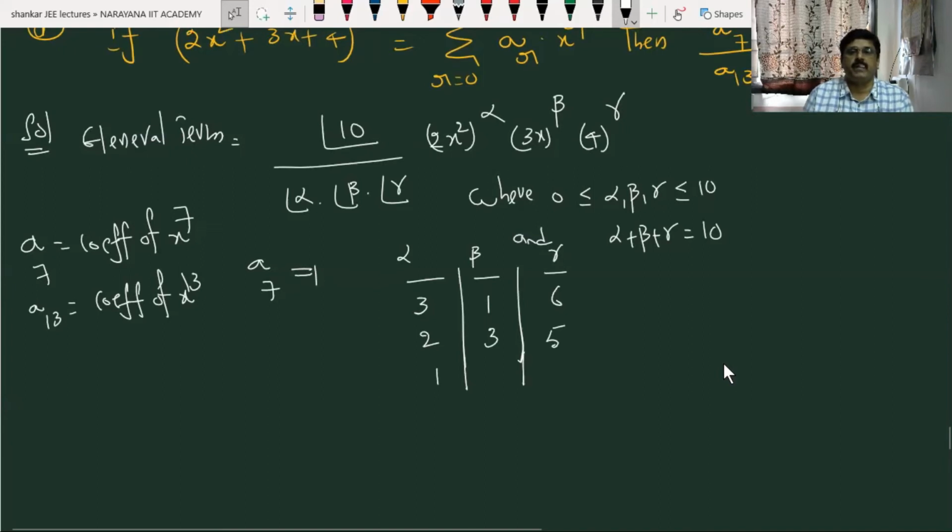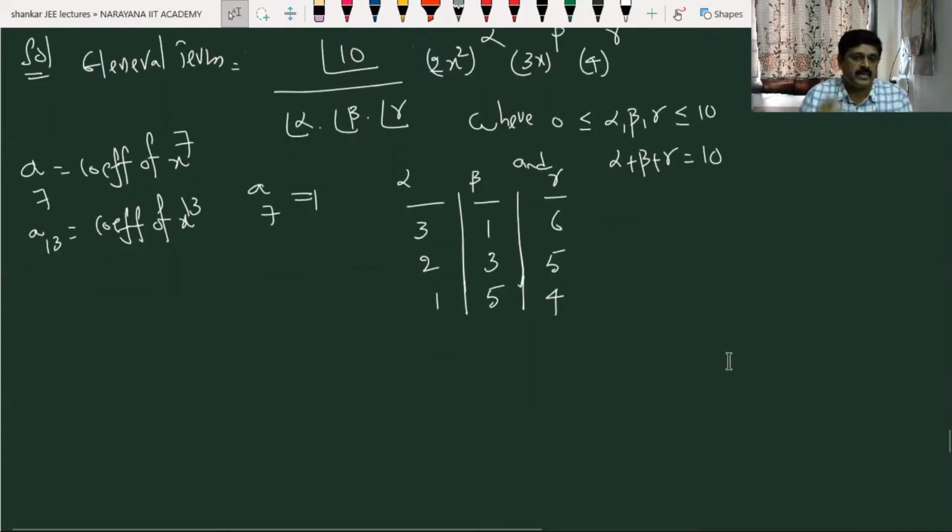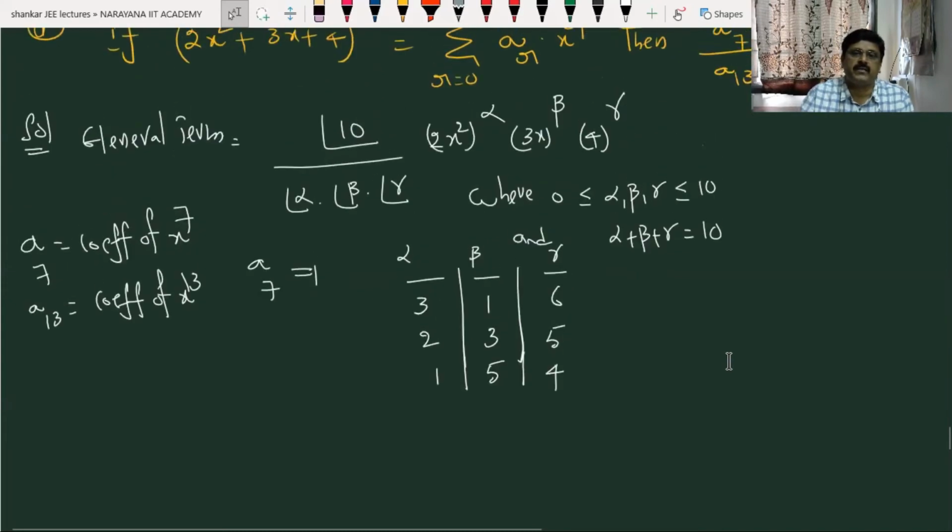Next, beta as 5, remaining 4. Why? Because students, alpha 1 means x square came, beta 5 means x power 5 came, gamma 4. Okay, nice. Is there any other way, students? Any other way? Yes. If you take beta as 7 and gamma as 3,